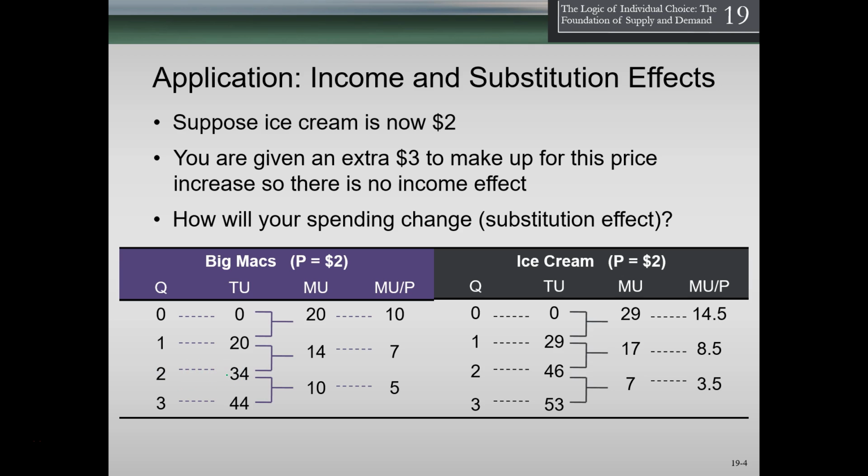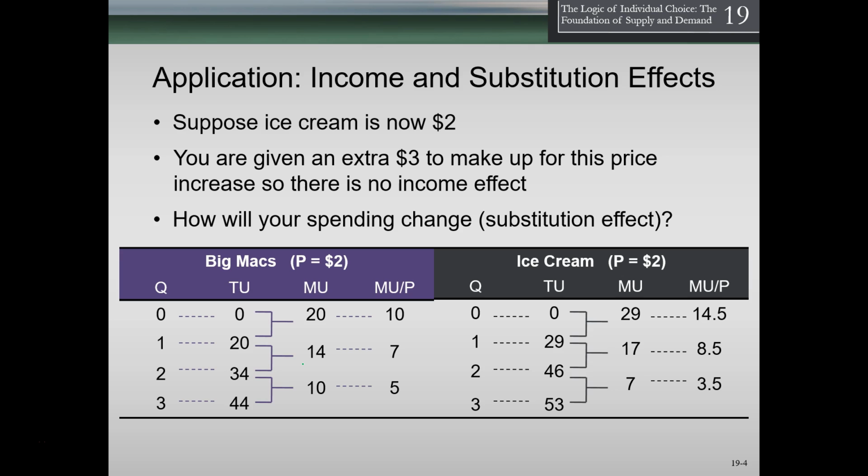Again, you might ask, what is that total utility? It's an unknown kind of calculation that we are assuming people are basically making in their head. We're trying to break it down mathematically into units so that we can then graph it. So we're going to say there's 34 utilities. What are those? Those are just units. And 34 minus the 20 gives us 14. So that's our marginal utility.